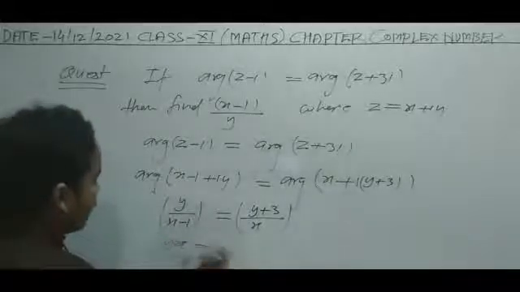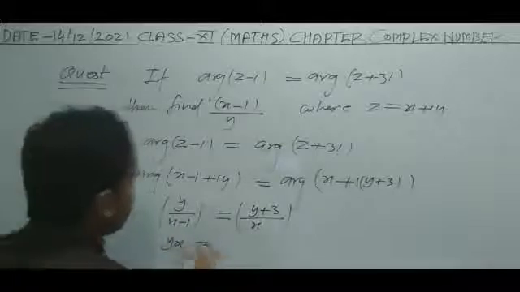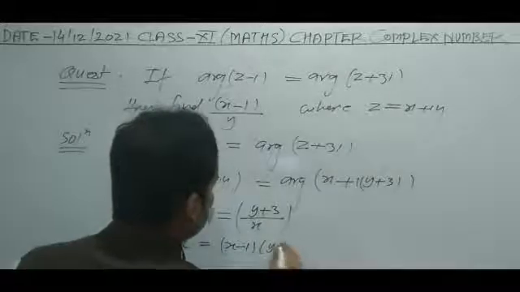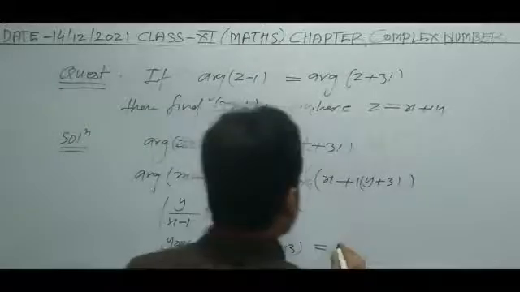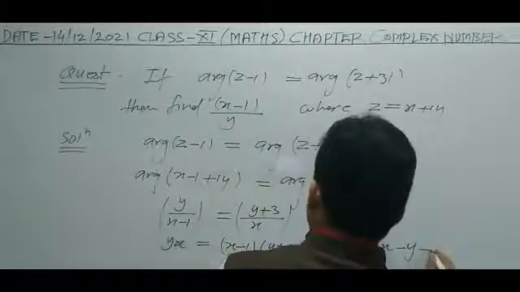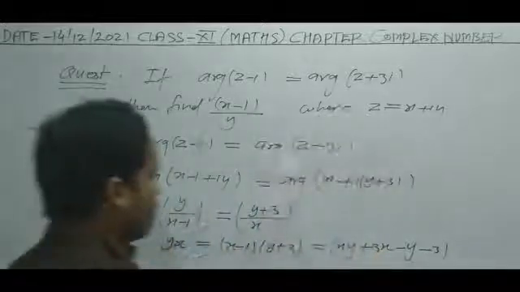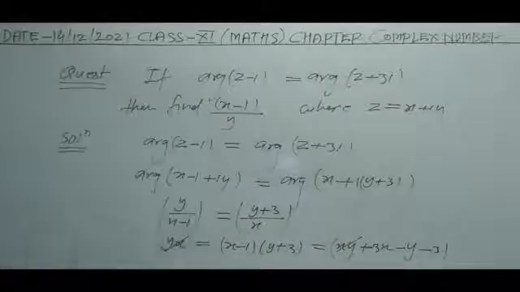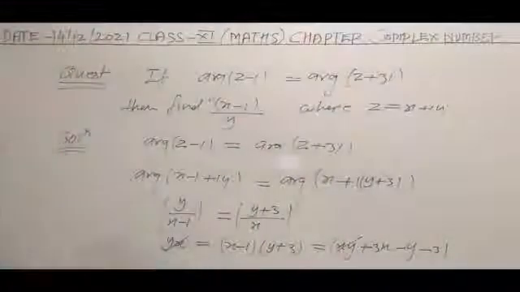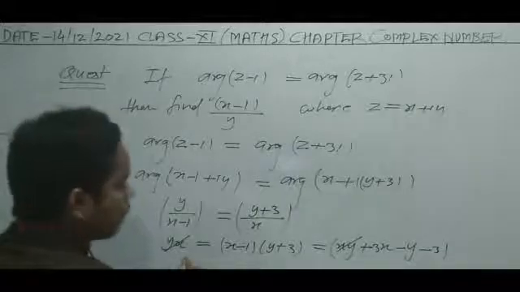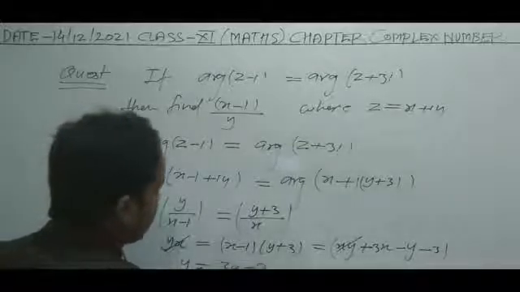After cross multiply, you will get yx is equal to (x minus 1)(y plus 3), and this one we can write as xy plus 3x minus y minus 3. So this yx and xy will cancel. Now what result can we write? We can write y is equal to 3x minus 3,